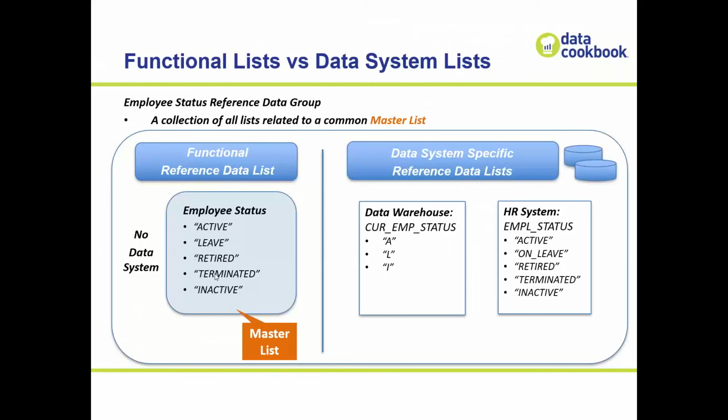You can decide, hey, we don't really need a general functional thing. We can just say that the master list is one of these systems, and that's fine. But the point is, you're going to talk about how they map together, right? So you want to group together the things where you have the same conceptual lists, but maybe they're different between systems, or you want to understand how they live in different data systems. Having a master list and the additional list that maps